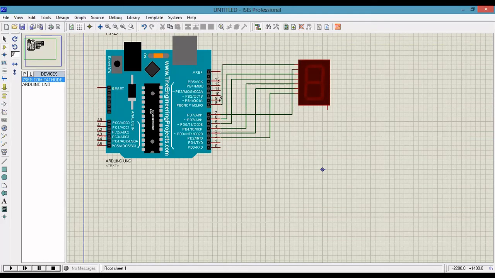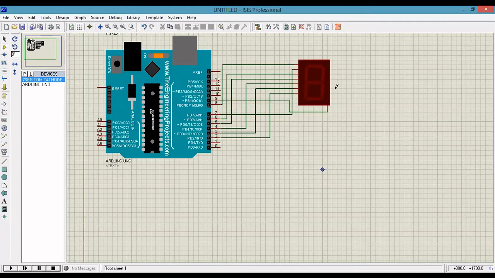Next, I am going to connect pin number 9 as common. So here it is called a common cathode connection. If you have selected the common cathode, it means we have to give a low signal at pin number 9. Then only you will get a display. If it is a common anode connection, we have to give a positive supply. This is all about the connection of the 7-segment display.